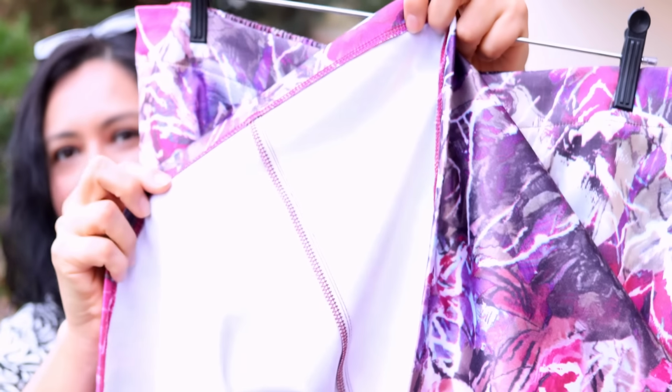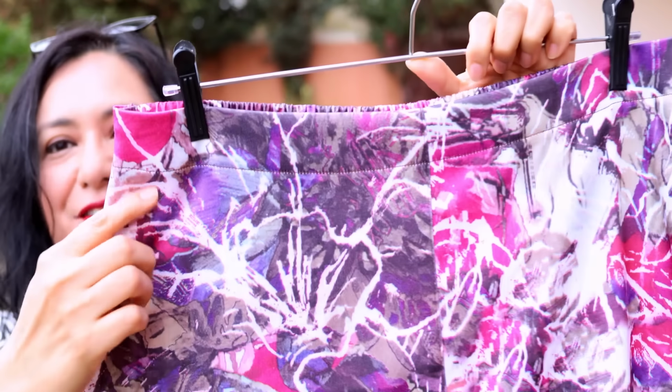On the inside, you can see my seam is right there. The hem allowance is 5/8 of an inch on the pattern, so that's what I folded up. I actually did sew it by machine just because I was running short of time. I would have done it by hand, but I didn't this time. And here is that front